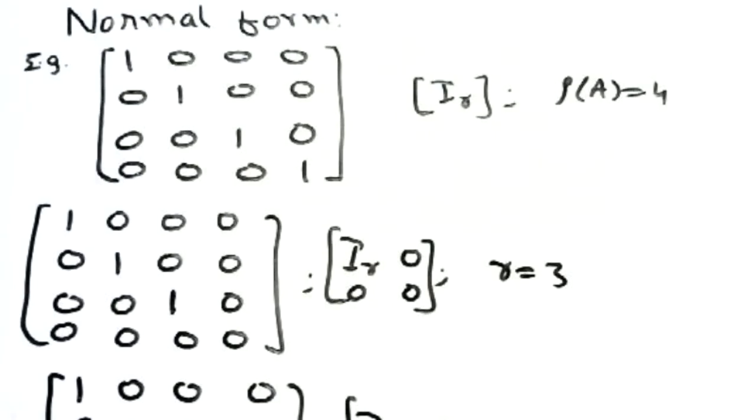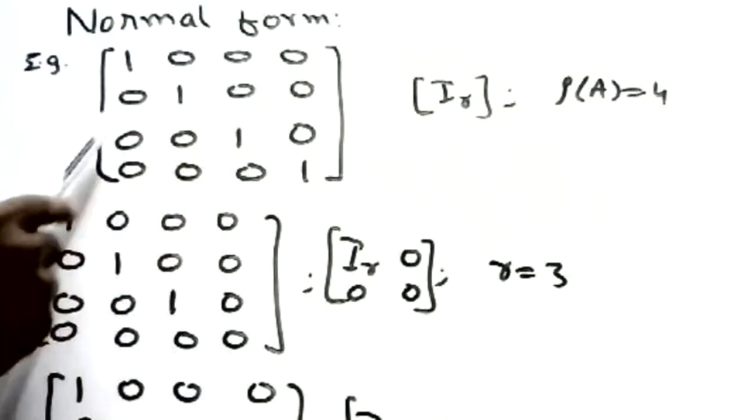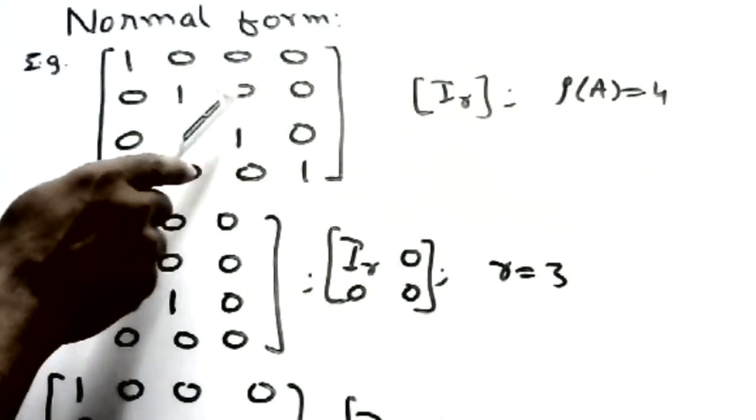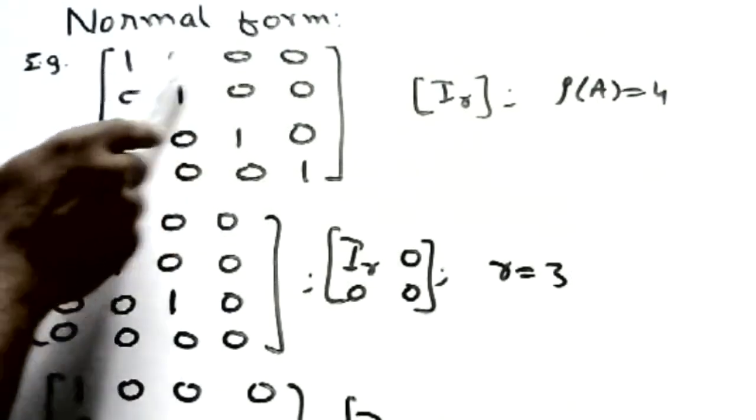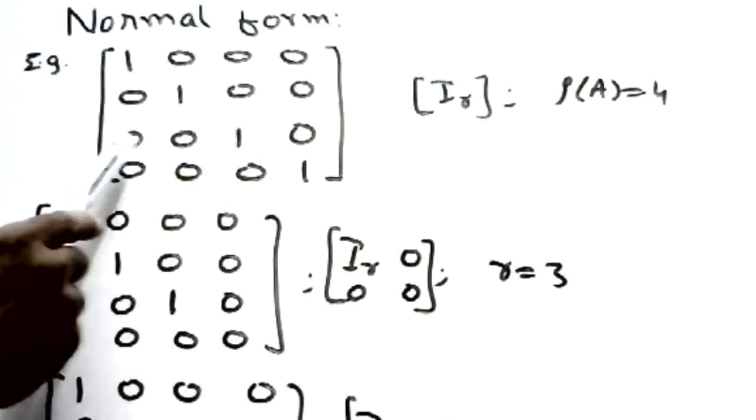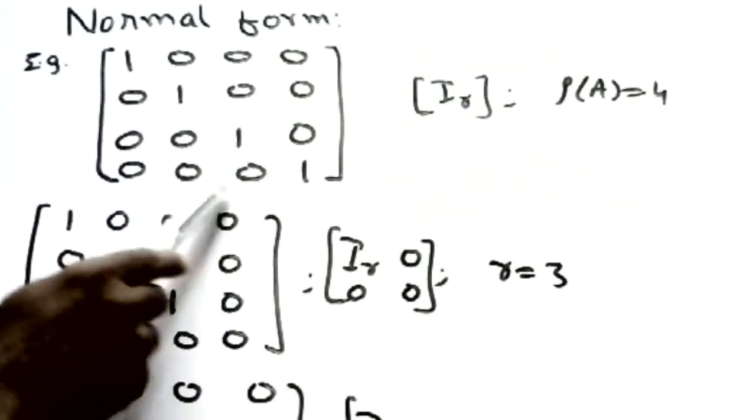Today, inshallah, in this class, we are going to discuss the normal form. First, I wrote some examples of the normal form. You see here, the first question. We have to make the zeros. Let me see how we will make the zeros afterwards. If we make zeros and we get the form like this: 1 0 0 0 1 0 0 0 0